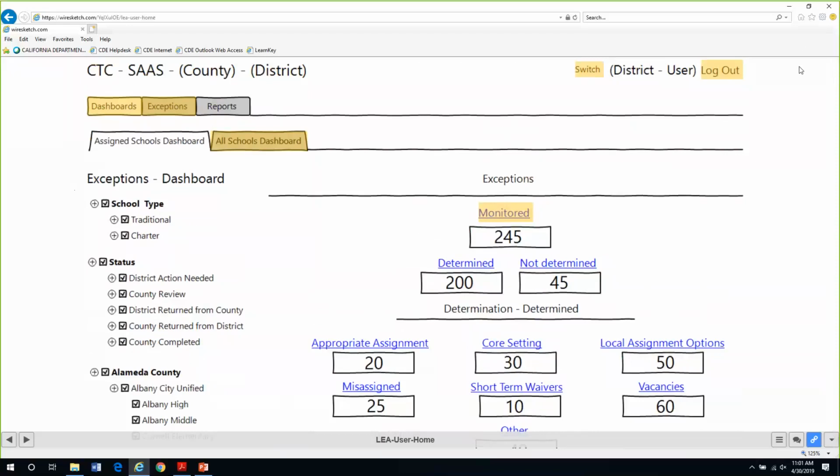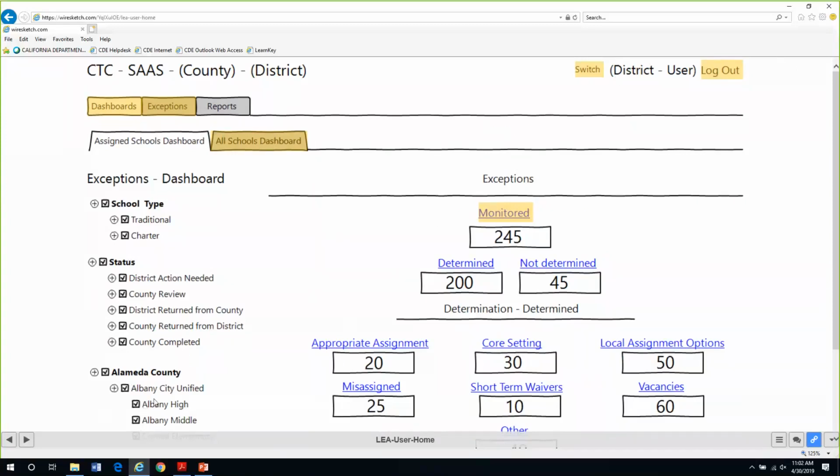Charter schools will not be users in the CalSAAS system. It's still going to be county and district users. The county or district, if they're the chartering authority, will not only be the chartering authority, they'll be the monitoring authority for that charter school. The charter schools will be inside of CalSAAS, and it will still be pulling that CDE CalPADS data and the CTC certification data. It will still be comparing the two and generating exceptions for those charter schools, and you'll be able to filter here on the left-hand side for that specific charter school.